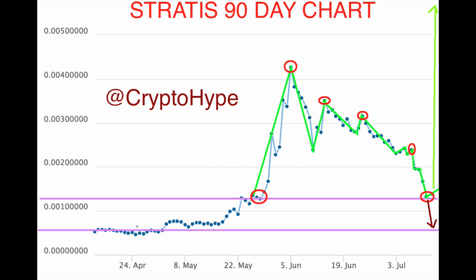As you can see, the price, or rather the chart, looks very, very appetizing, especially for potential investors like you and I. And as you can see right over here, this was the previous support level, and this one right over here was the previous support level, and right over here around May, it went crazy. It went parabolic like crazy.